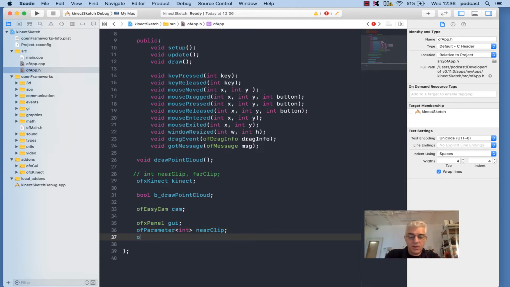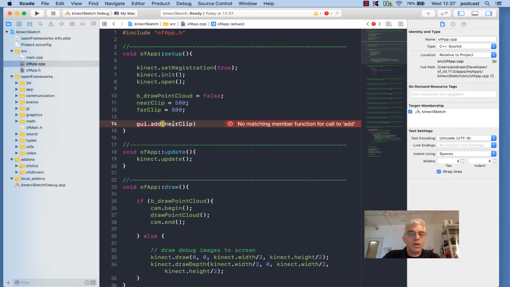And then I'm going to make an ofParameter of integer and call it farClip. So these are commented out, but they're made to exist again as integer parameters that we can add into our GUI. So I'm going to say gui.add in my setup,